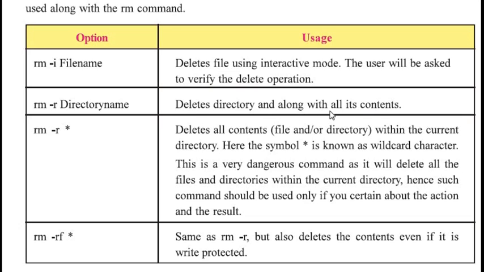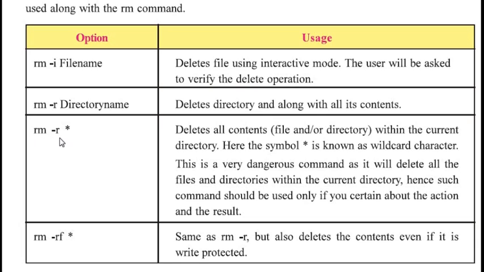This is also a foolish or stupid option, because if you delete the directory without -r, then also it will delete all the things which are lying in the directory. No need to use this thing. But your textbook author is also great. He has included all these command line chapters, what to do.